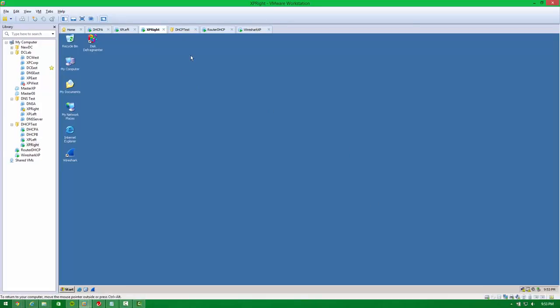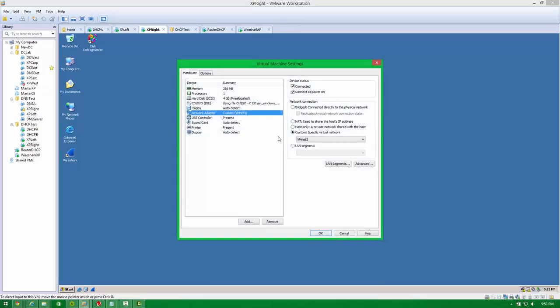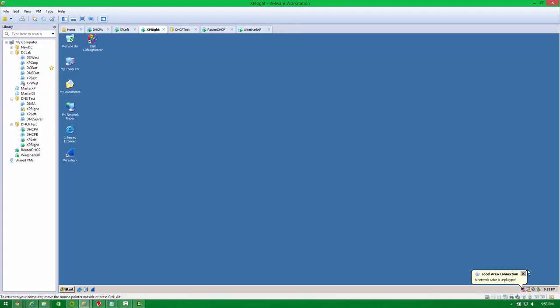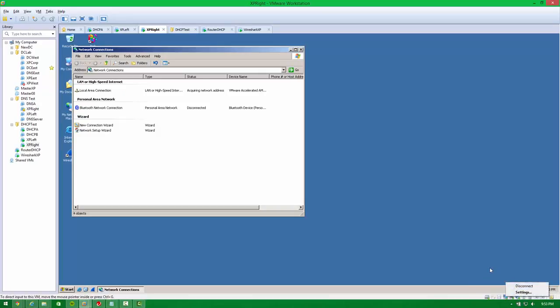So now, in this case, I'm on a different switch here. I'm going to go ahead and switch it to VMnet 2, so that I'm on the same switch as DHCPA, which gives out the addresses. Now, watch what happens when I hit OK. It says the network cable is unplugged. I have to activate it. And once it activates,